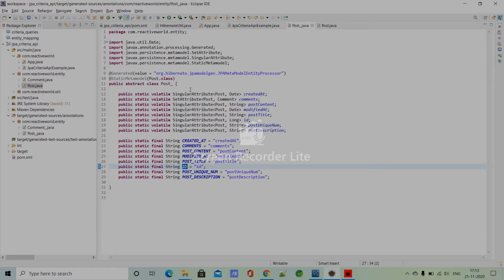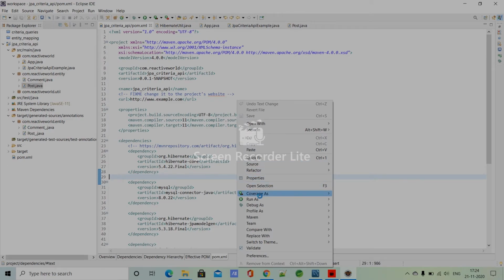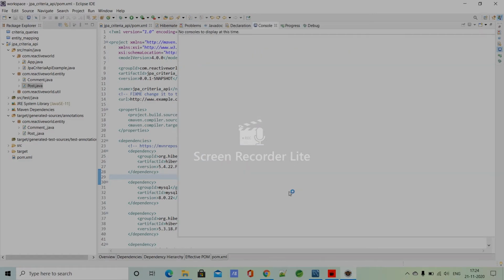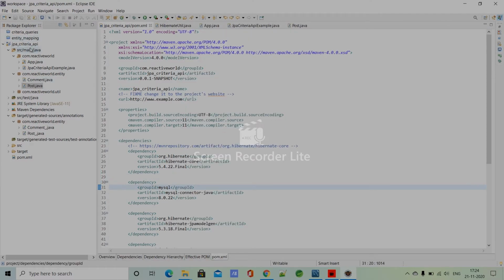So we need to generate these classes again, and for that we have to perform some steps that we already performed previously. Guys, run maven clean on this pom.xml so that the previously generated meta model classes can be deleted. Let me refresh it.